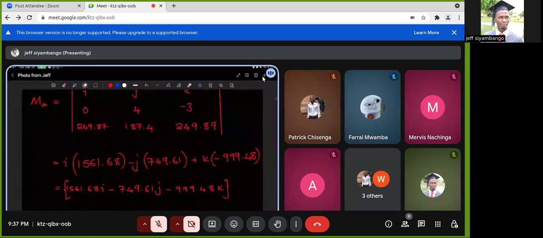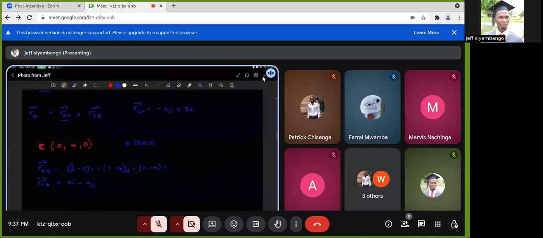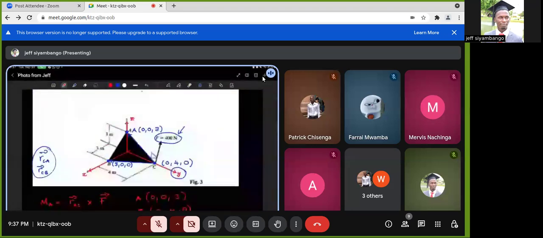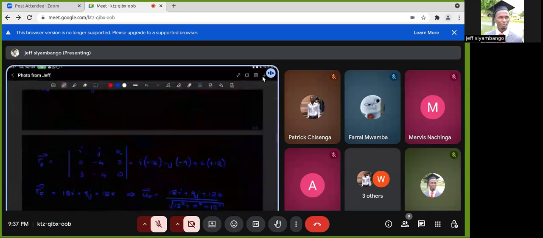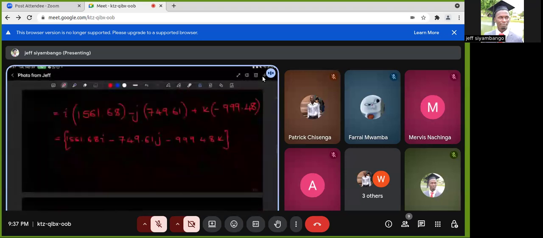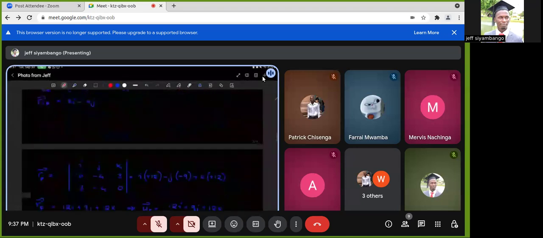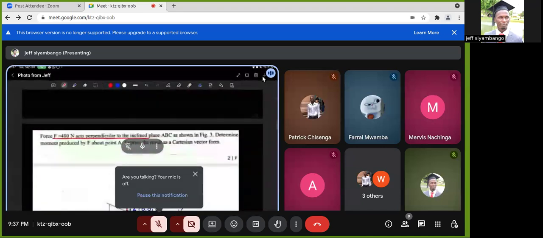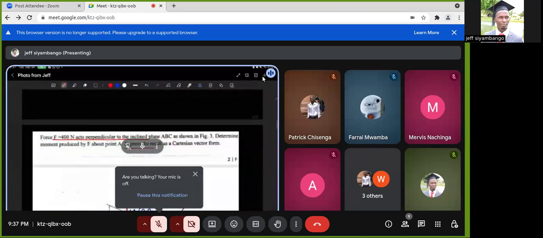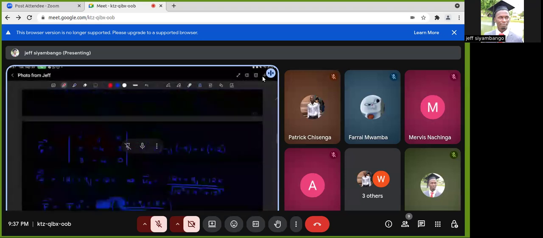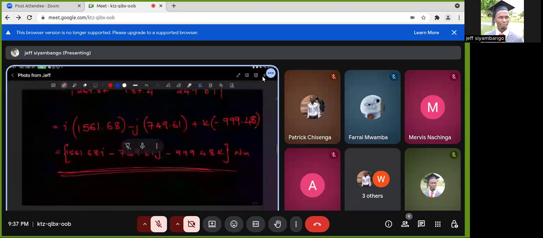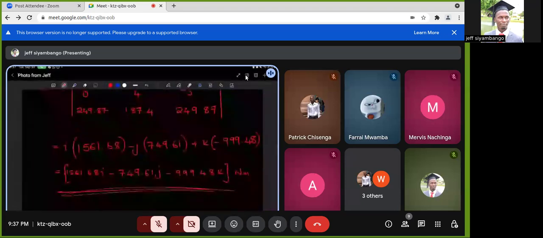What units were we using? The 400, the force had what units? Yeah, newtons. The lengths are meters. So this will be newton meters. So this becomes the moment in Cartesian vector form. The question did specify to express the result as a Cartesian vector, which is what we have here. So this is how you were supposed to work this out. And a question